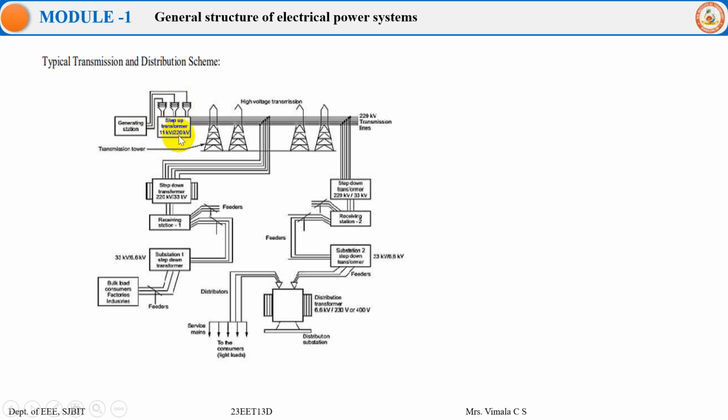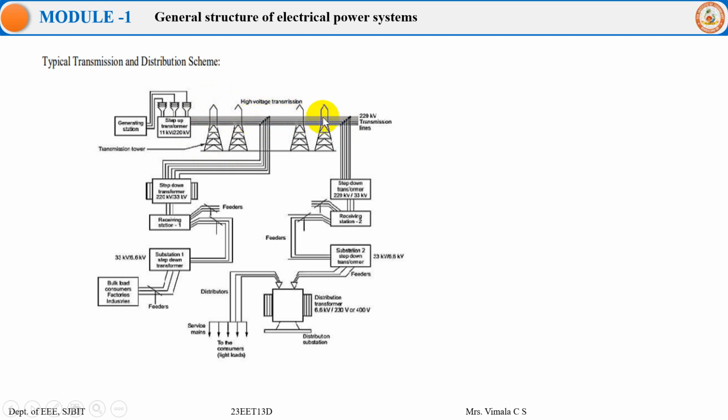So from 11 kV to 220 kV, it is been stepped up. The stepping up is done for the reason where there are a lot of advantages before transmitting via the transmission tower. So stepping up to a very high voltage has a very good advantage, like economically feasible, and losses are less, and thus then the power transmission happens through the towers at high voltage,